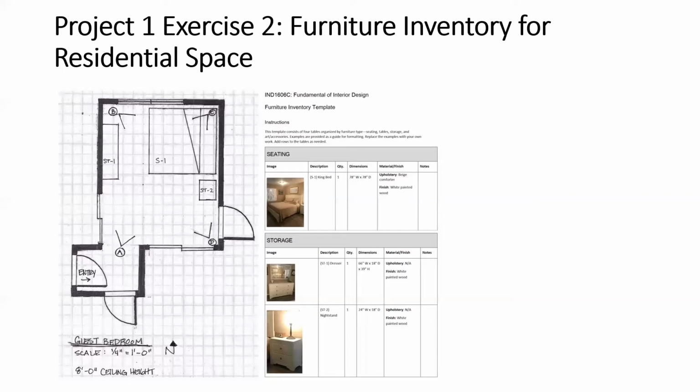You may have different ones, of course, or you may have more, but just try to put them in the categories that most fit. If you want to add an additional category to your furniture inventory, you're welcome to, but just be sure that you have a really good photograph, that the description and key designation is reflected both in the inventory itself and on the furniture plan.